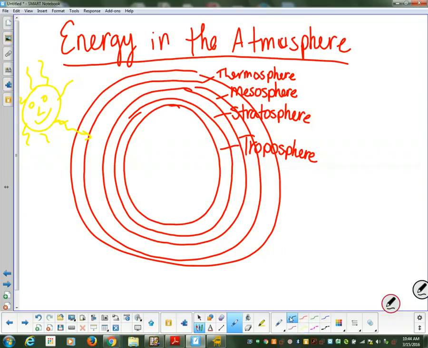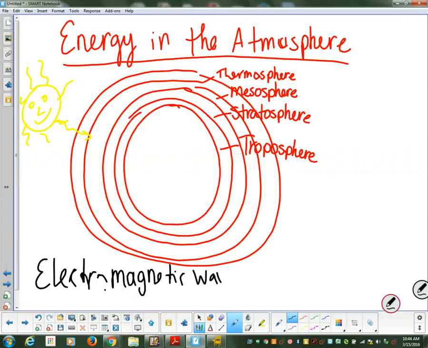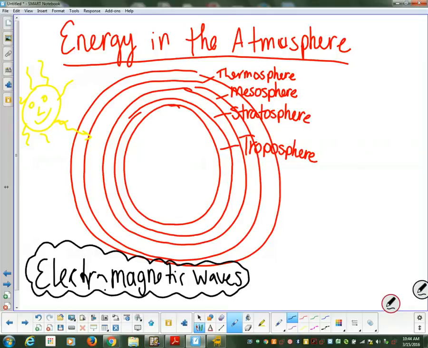All right, we call it electromagnetic waves. Okay, that's a big fancy science word for something that is pretty simple to understand. Okay, all it is, it's a form of energy